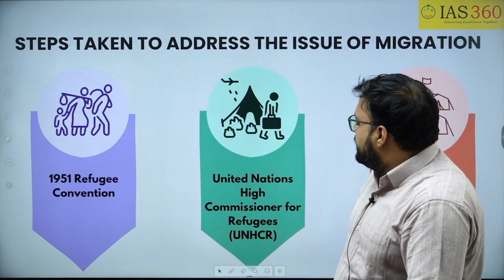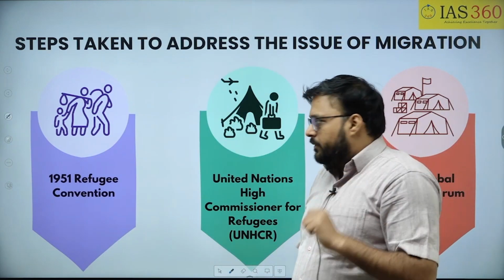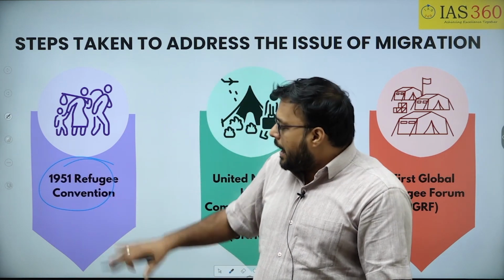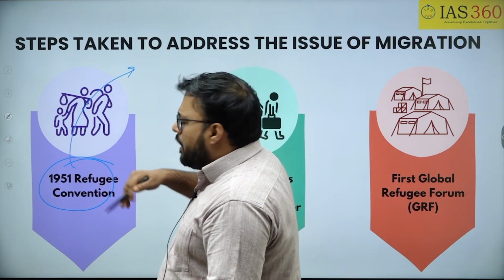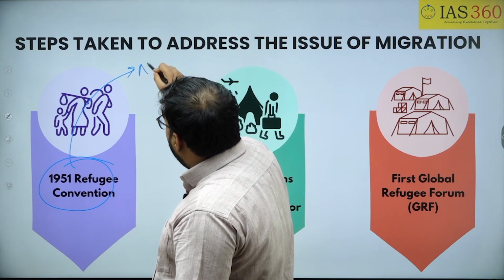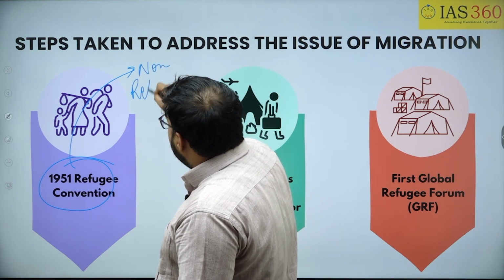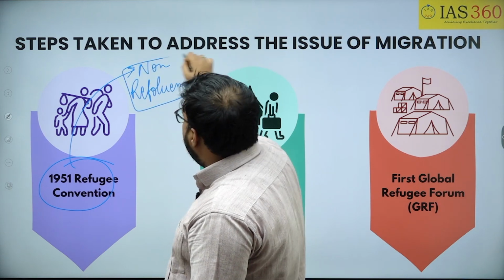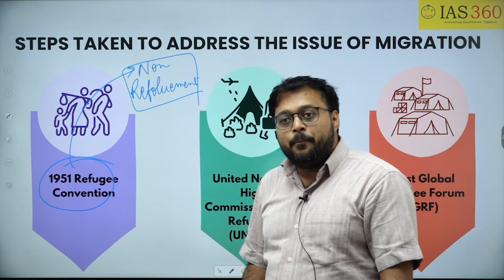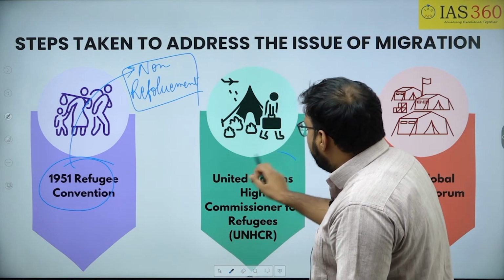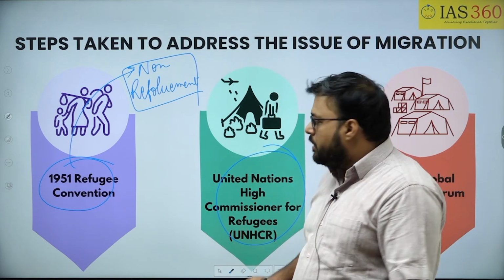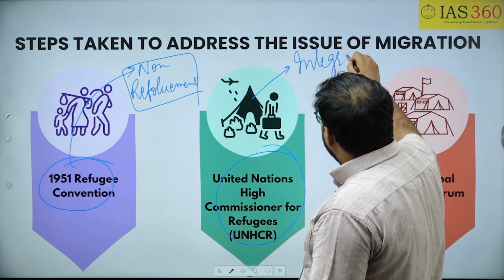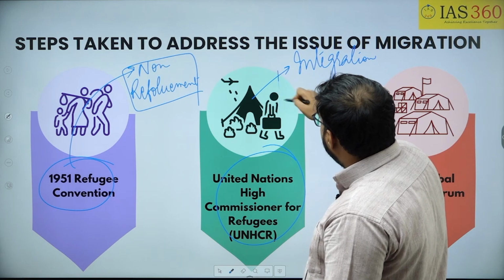Now we will see what is the framework at the global level. The very first framework is the 1951 Refugee Convention, and this Refugee Convention works on the principle of non-refoulement. It means that people will not be sent back to the area where their life and freedom is threatened. Now, the United Nations High Commissioner for Refugees works on the principle of integration, resettlement